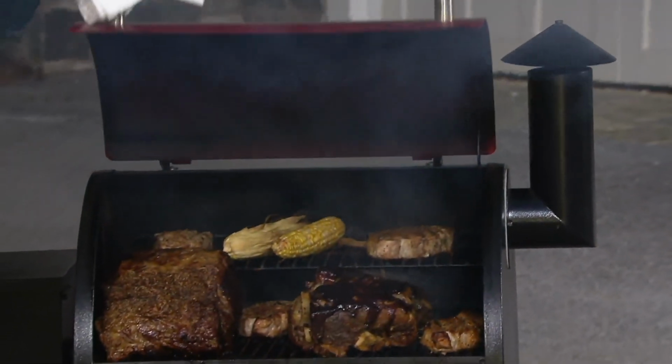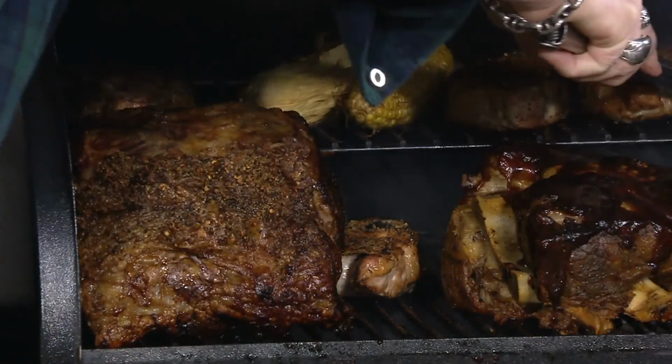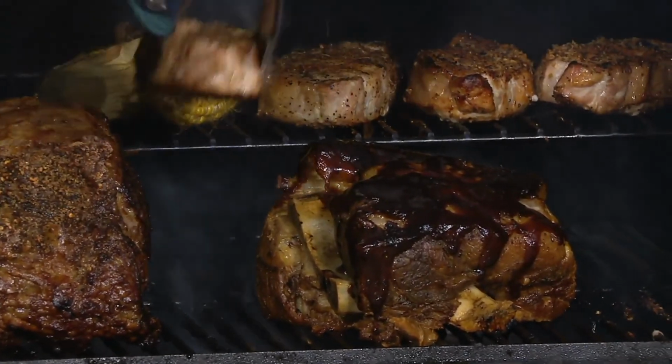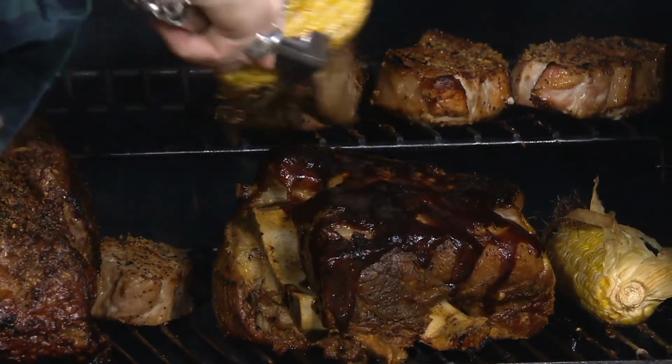We are looking outside and look at the reveal on this. So what are we seeing here? Now there's a prime rib. Yep. There's a pork shoulder on the lower part right there. And I think Nick's got some pork chops and some corn. So again, things are gonna take different lengths of time to cook. So if you wanna add your